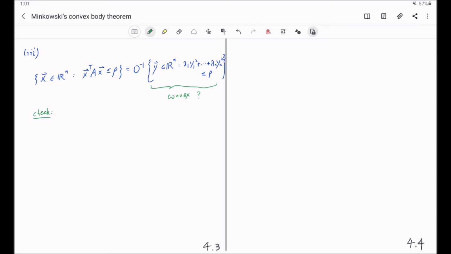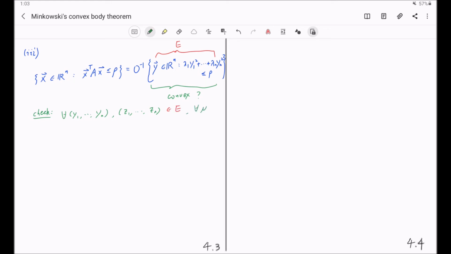Let us denote this set by E. So for any two vectors, y1 through yn and z1 through zn, in E